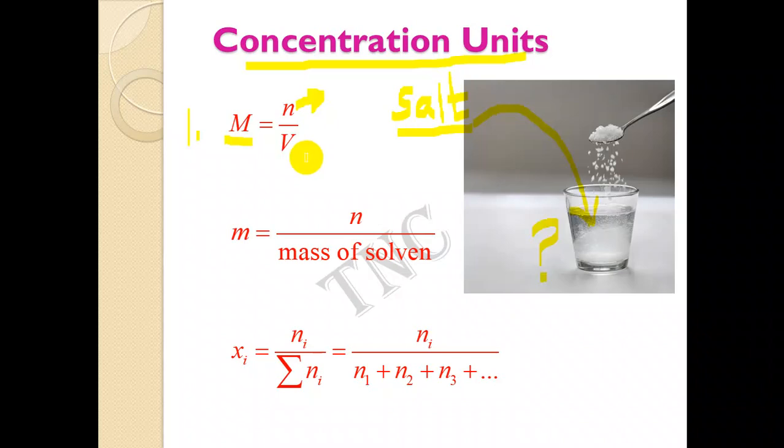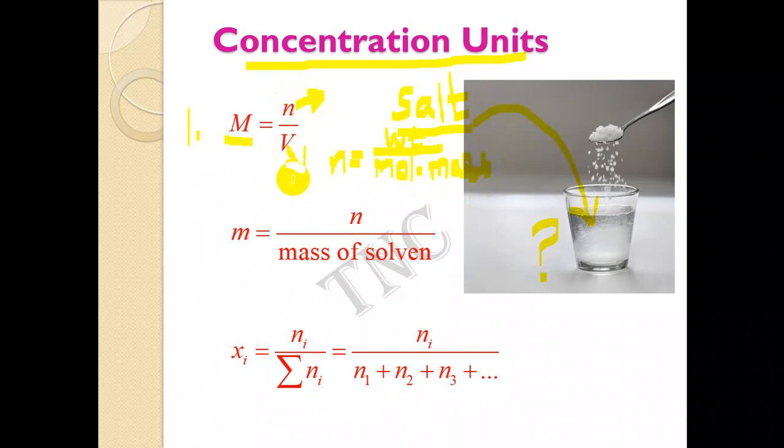If you have the knowledge of calculation, that is sufficient to handle this particular concentration unit. So how can we calculate the number of moles? n is equal to weight by molar weight, or molar mass, or molecular weight. This ratio will give you the number of moles of solute present in the particular solution, and V is the total volume